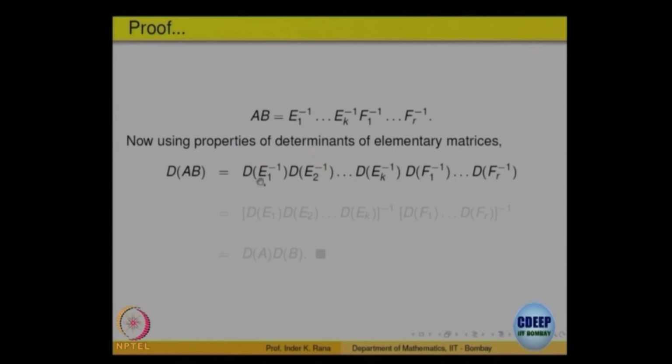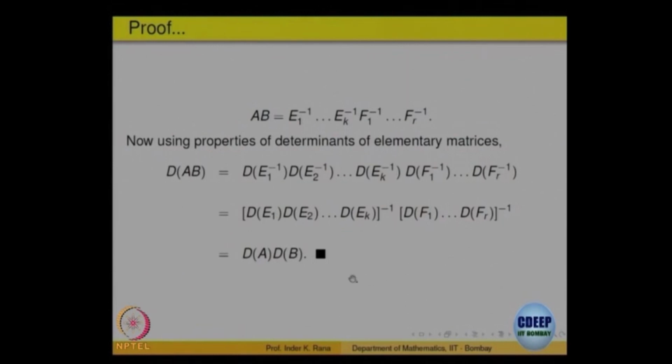Yes. Now, what is the determinant of E1 inverse? That is 1 over determinant of E1. So, use that formula to get that the product of the first k is 1 over determinant of E1, E2, up to Ek, and similarly the other one. And what is determinant of E1 into determinant of E2 into determinant of Ek? The product of E1 E2 up to Ek was A. So, this is precisely the first term here, the inverse is precisely determinant of A, second is precisely equal to determinant of